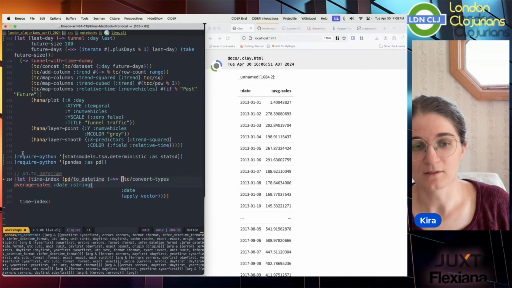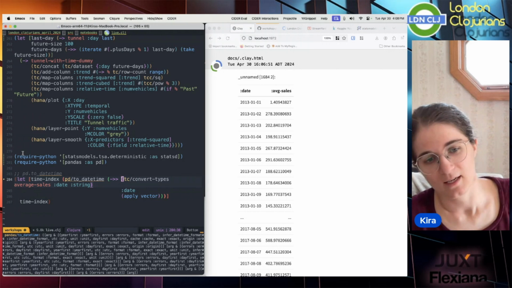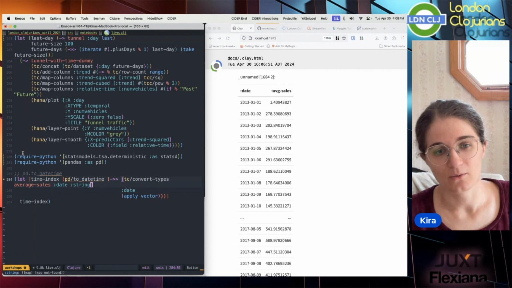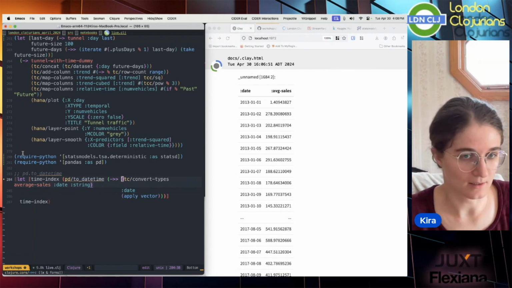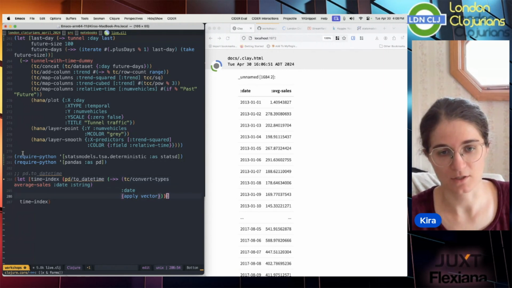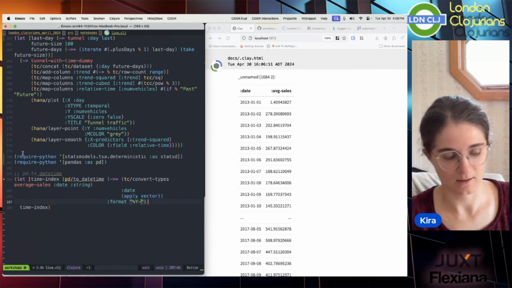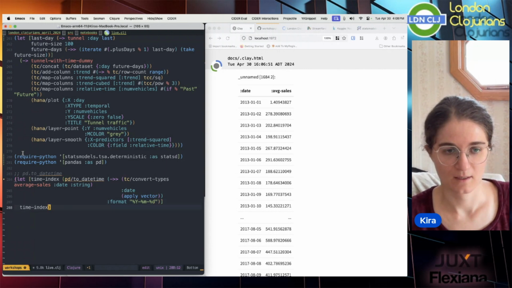So what we want to do is pandas to datetime, and it even shows you here, it's super magical. This is Chris Nuberger's work, largely. We have to pass it a plain list, a plain vector. It's not going to be a tablecloth column, or any sort of Java object. It's just a plain list of things. Then I'm going to tell it what the format of those is, and it's going to be this kind of thing. If we run this, we should be able to see